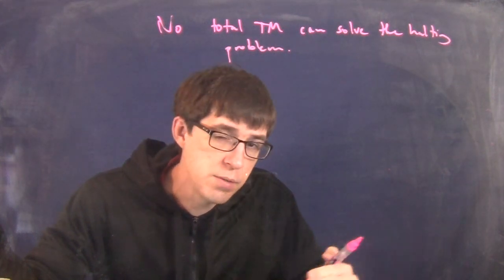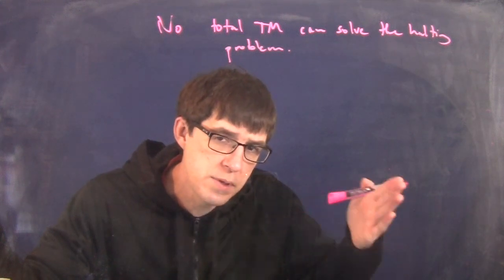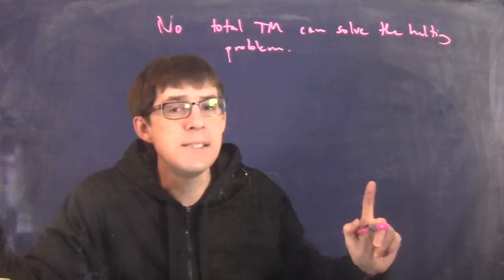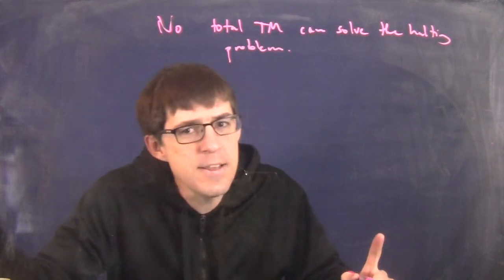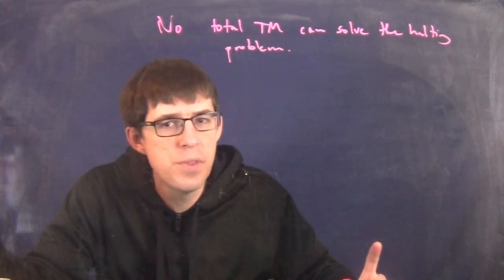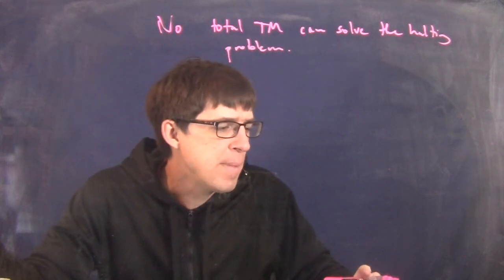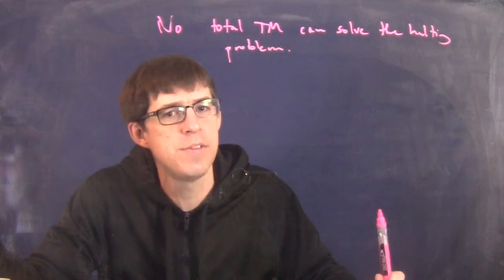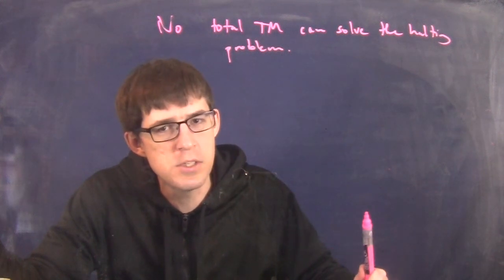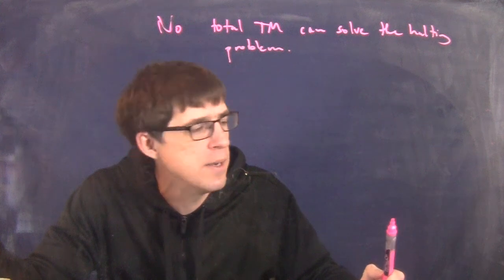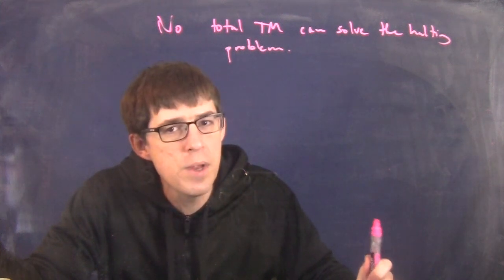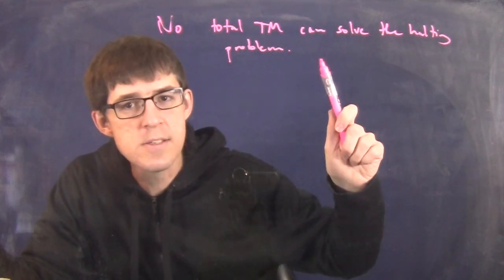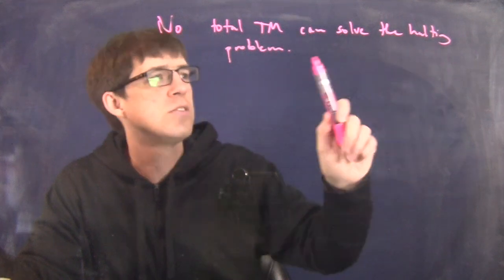If you allow the machine to jump while it's moving rather than moving one step at a time, that also doesn't make the machine any more powerful. I said at the time, I don't know if you remember, anything you can think of that you add into a Turing machine will not change its computational power. Anything you can think of, and I did say at the time, there are actually some very weird things you could do which will change its power, but you wouldn't think of them. They're not ordinary things that you could explain in a few words. There are very weird things you can do to extend the powers of a Turing machine, and this actually suggests one of those things. No total Turing machine can solve the halting problem.